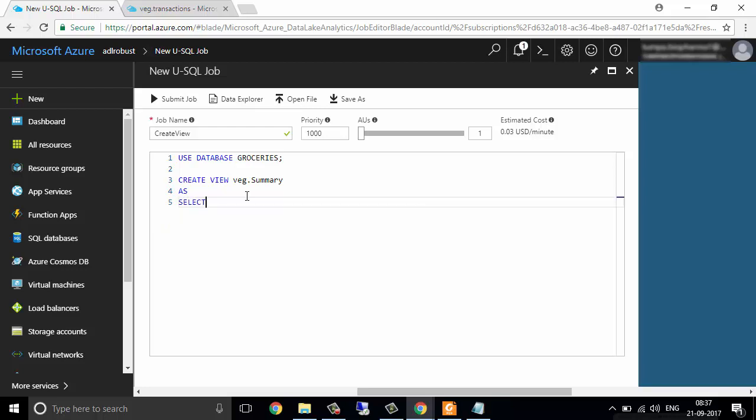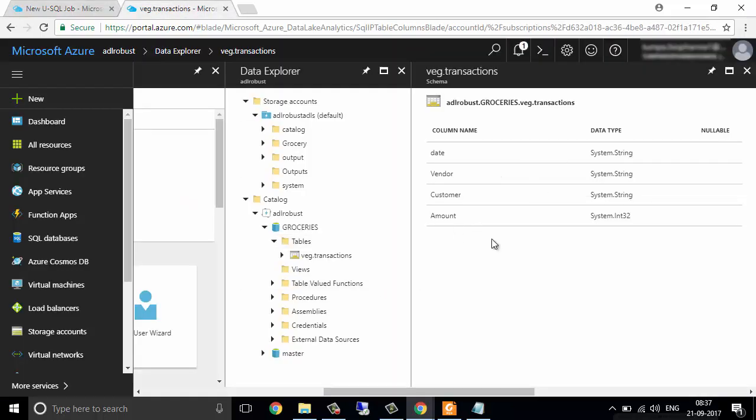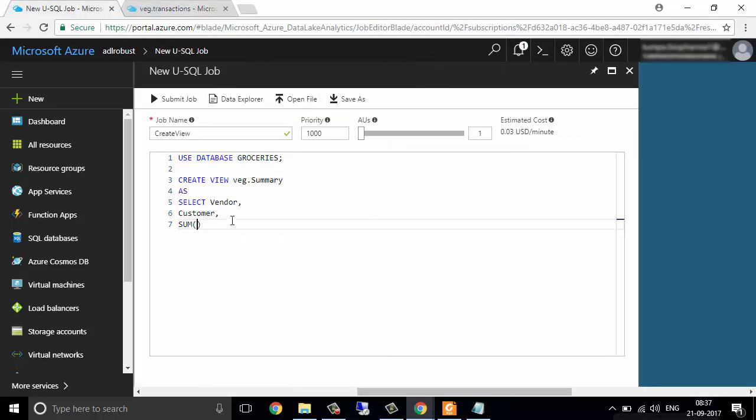So SELECT vendor, customer, and the sum of the fourth column. If you want to know what the fourth column is, you can check here, which is the amount. SUM of amount, and let me give it an alias, TotalAmount.